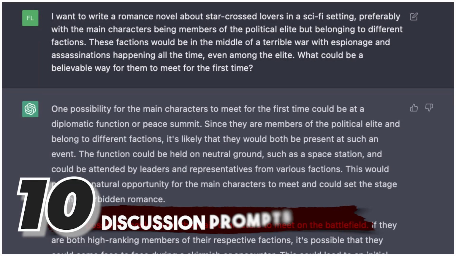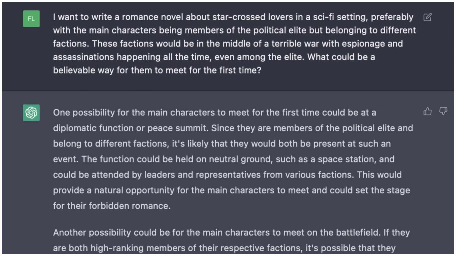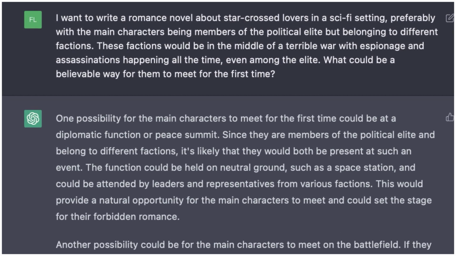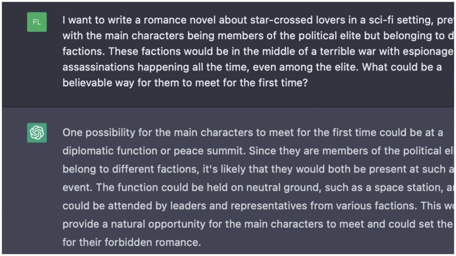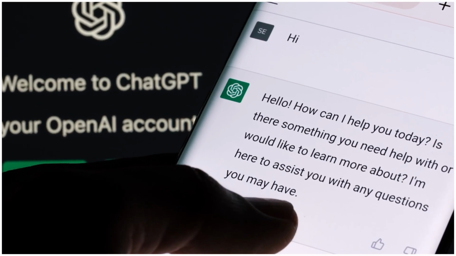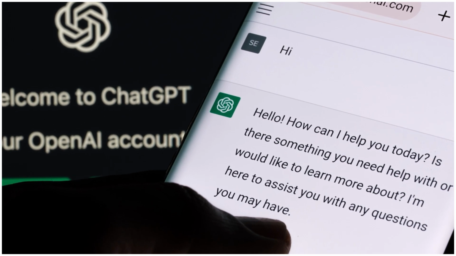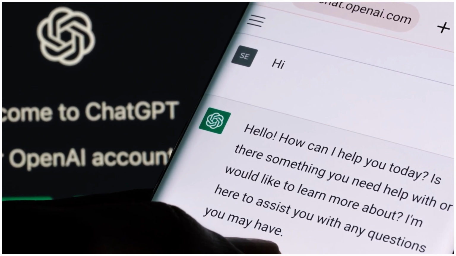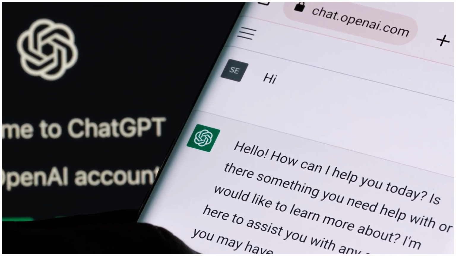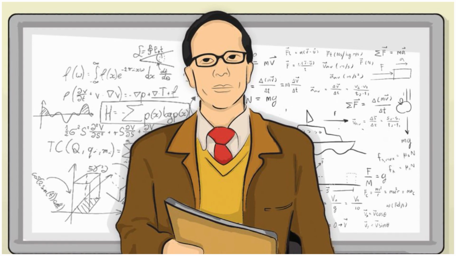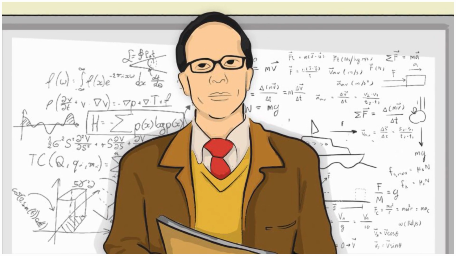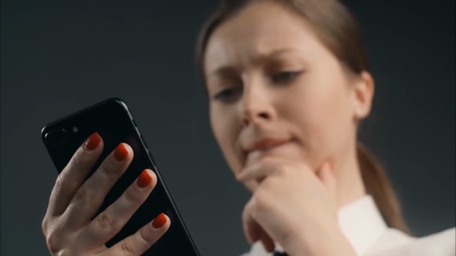10. Discussion prompts. Students can utilize ChatGPT to develop their discussion starters based on a book, subject, historical event, idea, etc. They might be able to swiftly come up with intriguing questions for talks on various subjects thanks to this. This may be especially useful if each student could gain from a different prompt. It is uncommon for professors to have the time to develop unique questions for each student, but this technology might